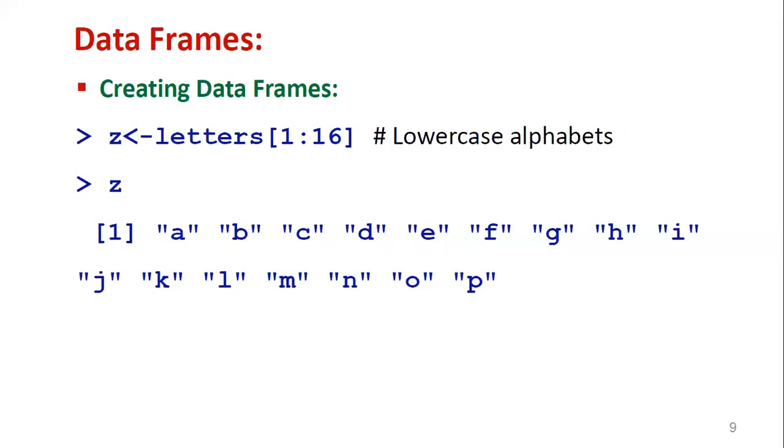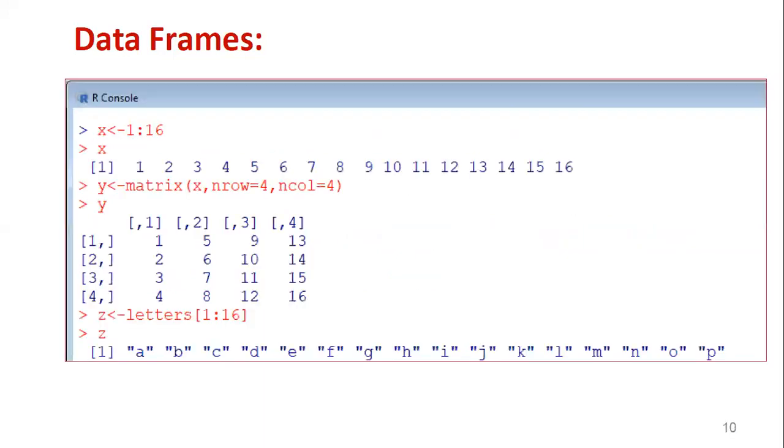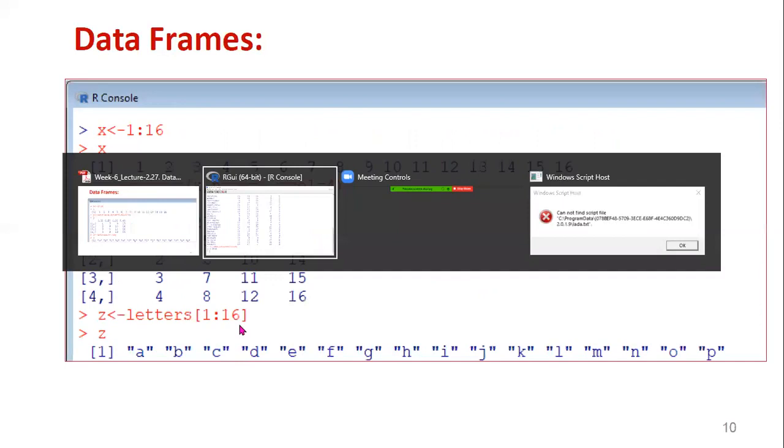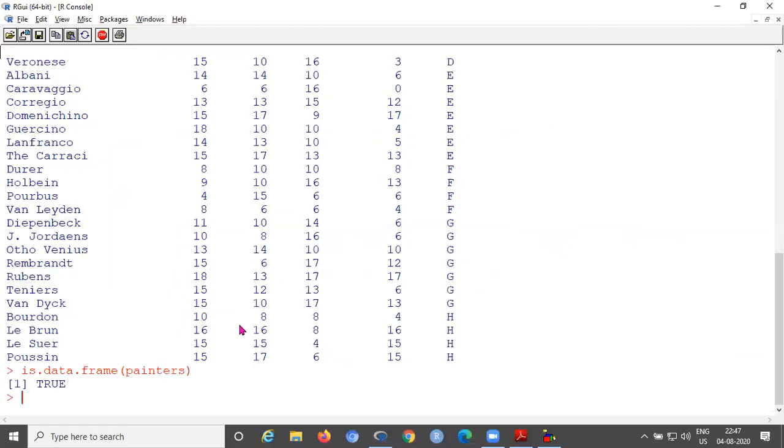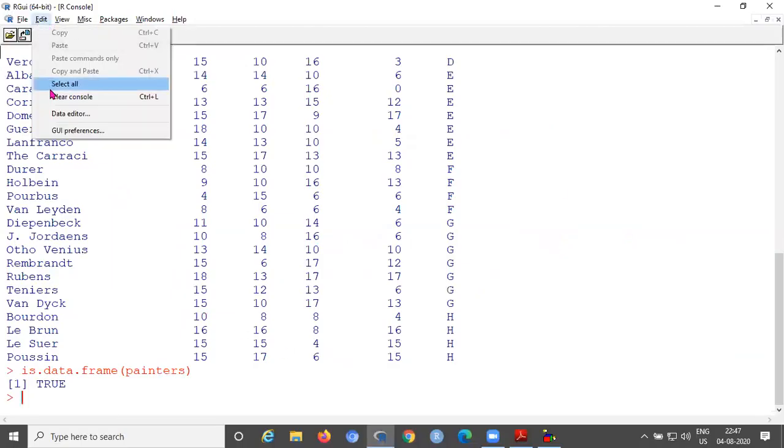Three different vector databases we have taken. Now with this we will create a data frame. So first you can create them one by one. So we'll first create them, then we will see how to get the data frame.